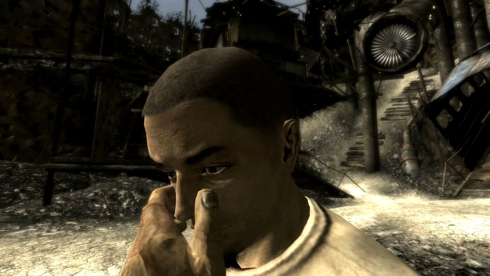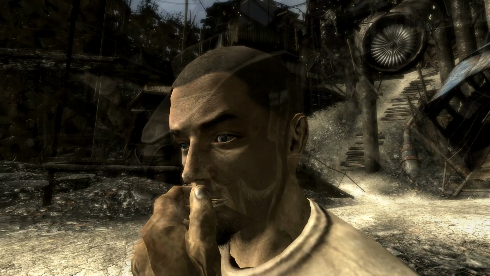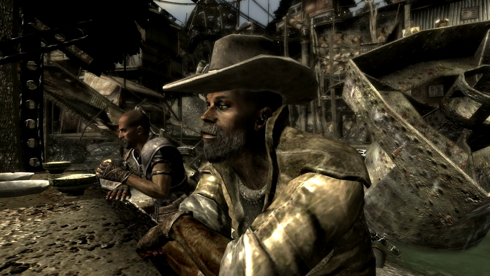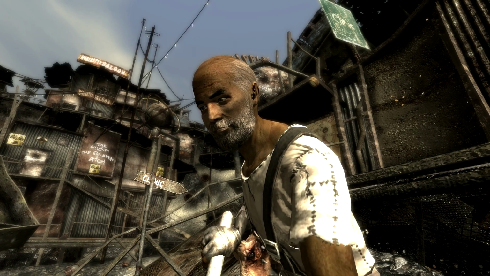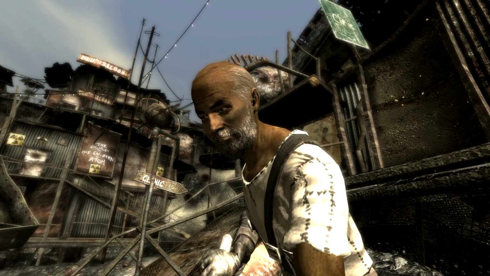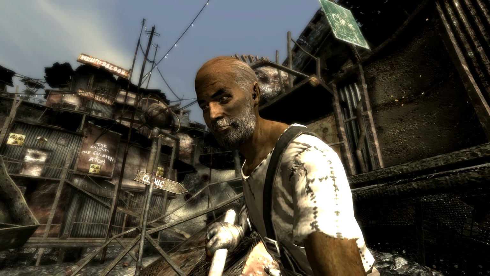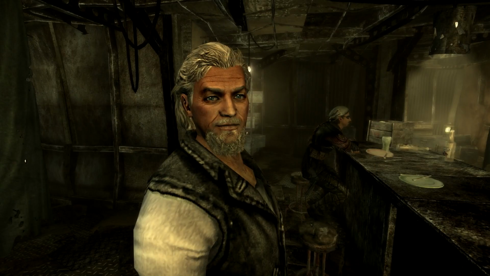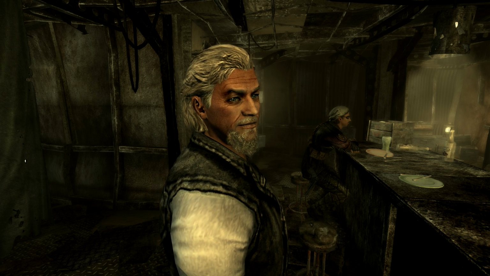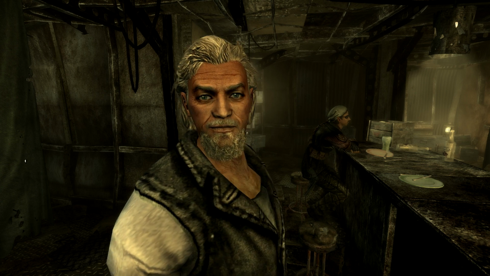Sometimes it makes them look more like you would imagine they would sound when you look at their faces or when you know their story. So, you know, if it's an old person's voice, their face should look like an old person. It's just little things like that. It's also replaced the faces with high definition textures, and that is a massive improvement over the vanilla game.